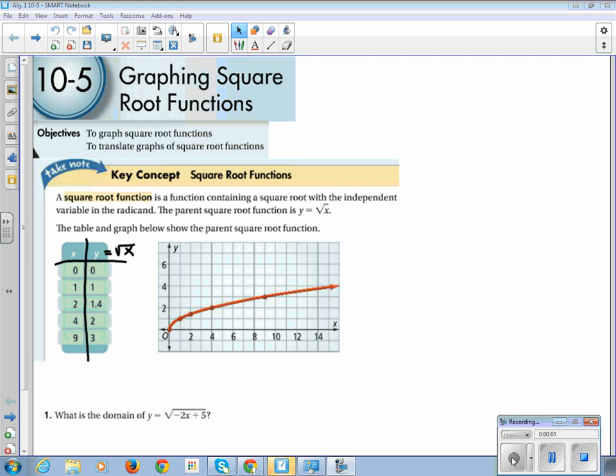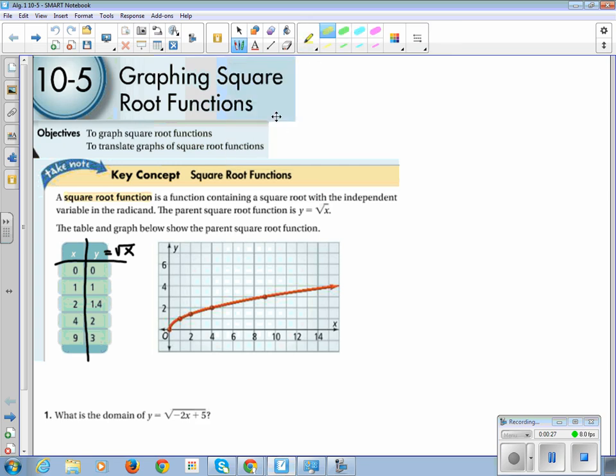So we made it. Chapter 10, Section 5, Easy Graphing Square Root Functions. Our learning objectives for the section is to graph square root functions, easy, and to translate graphs of square root functions, easy. So our key concept is that, let me get my highlighter out